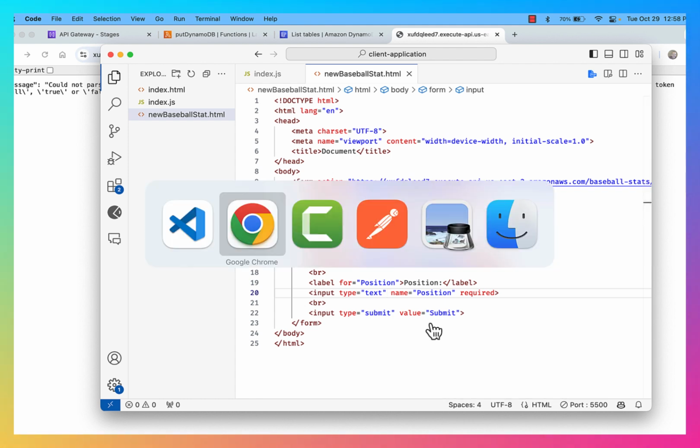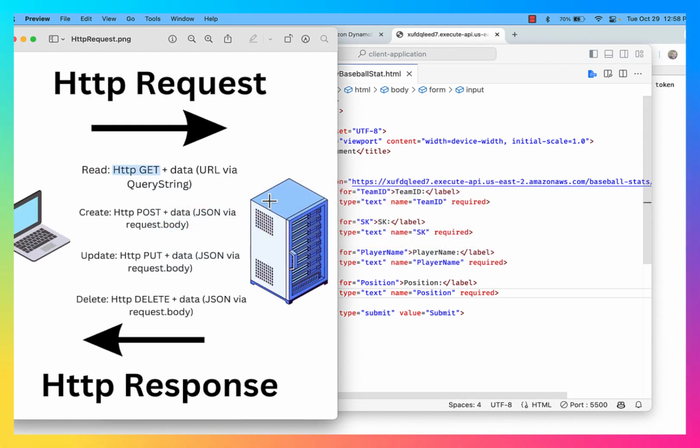But if you remember back to this graphic from a previous video, when we send an HTTP post, we don't actually want to send our data via form data. We want to send data via the request body as JSON. Okay, so what I'm going to suggest is there's a couple other tools that we might use, like a curl command, which I could do from a terminal window, or a better option that I like to use is a